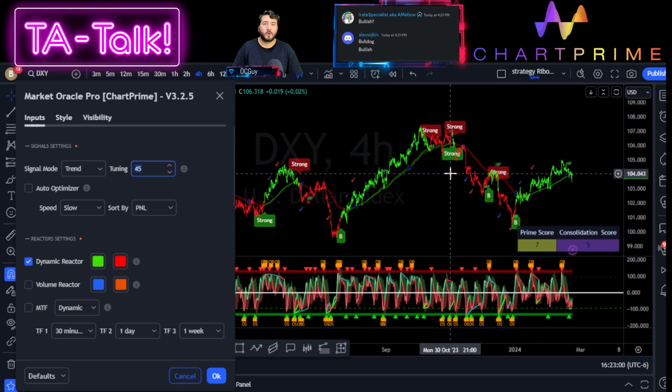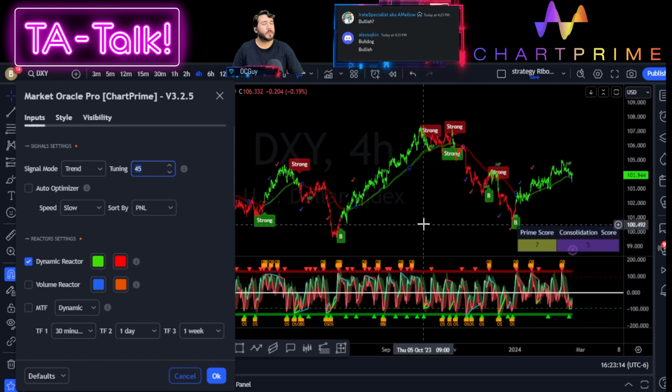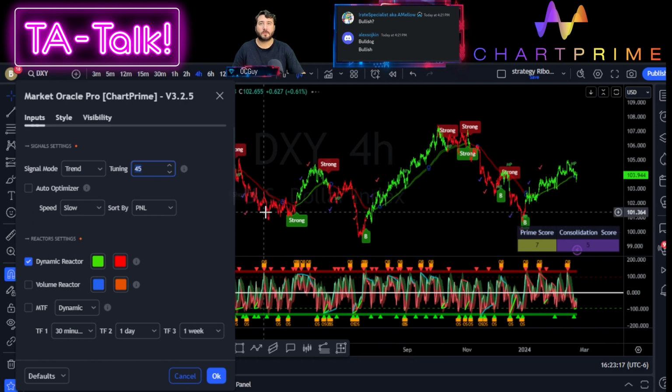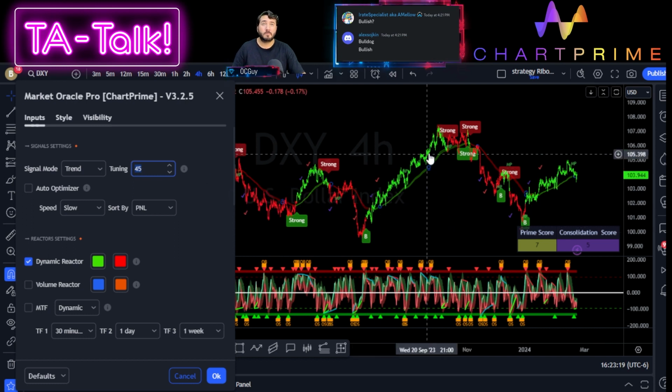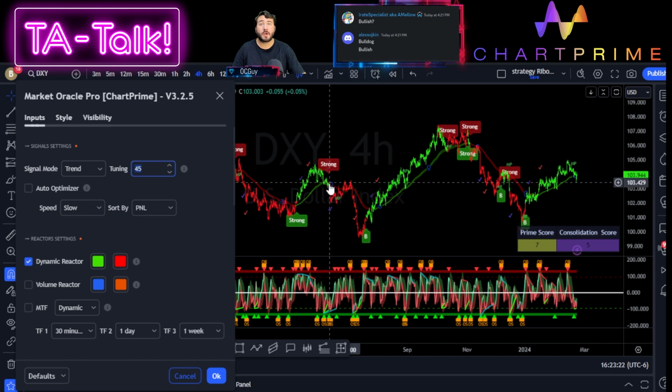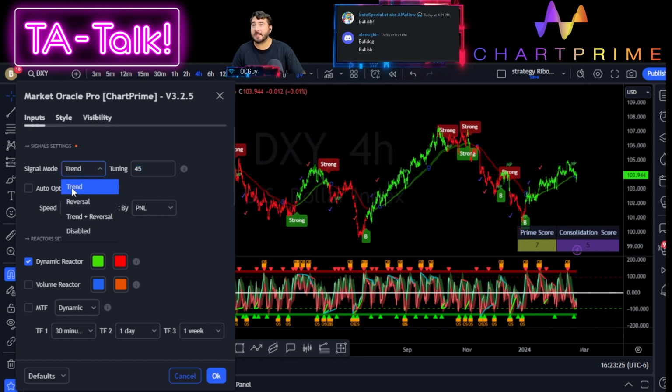So also, there is no way that we completely get rid of interference, but there is a way that we can basically dial it down until it is no longer an issue, and that is by turning up our tuning. Nonetheless, remember, you need to find your balance between the most accurate as we break below, and as we break above, because that is the trend mode, not the tops and bottoms mode.